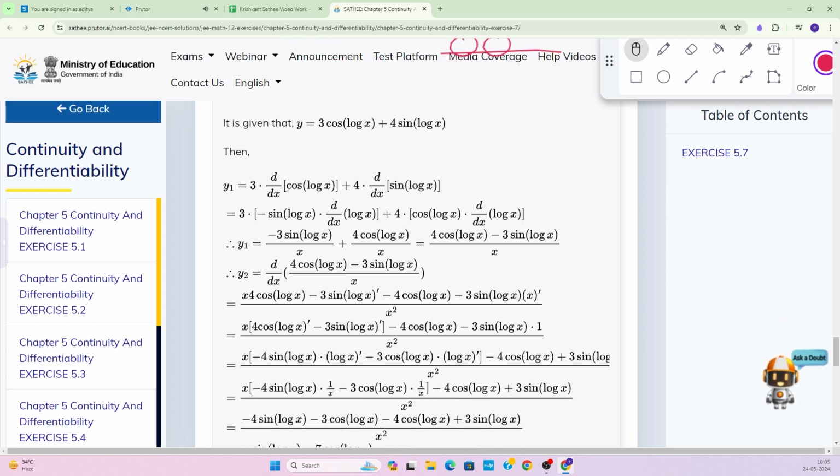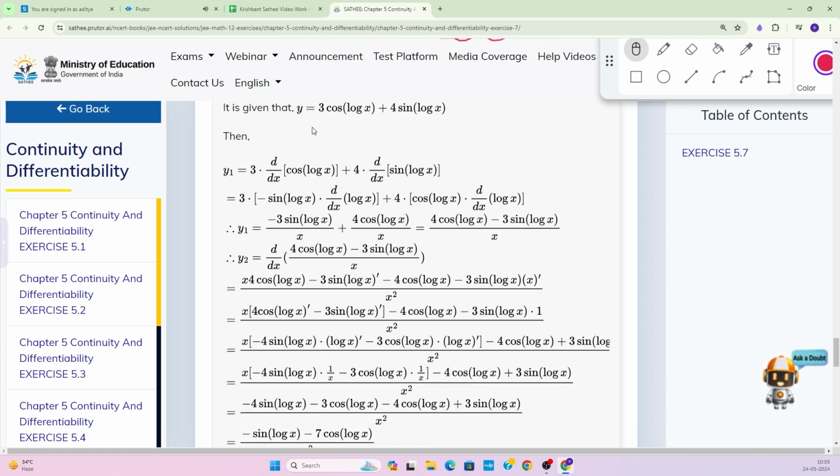So let me just quickly show you. The first derivative, y subscript 1, will be nothing but minus 3 sin log x divided by x. As you can see, minus 3 sin log x divided by x. I am just directly saying this, and this will be 4 cos log x divided by x. Taking the same LCM, x, you will have simplified this. Now for y2, I will be using the quotient rule. So by the quotient rule, it will be